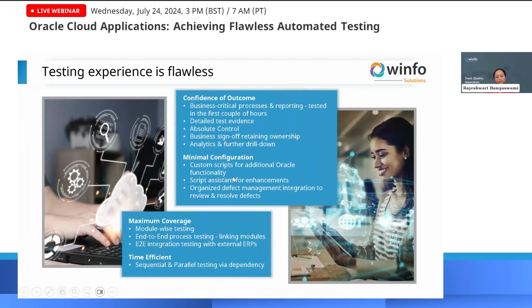Thank you, Varshita. Now, how is the testing experience flawless? This is straightforward, right? Maximum coverage with minimum time and minimum configuration. To elaborate on maximum coverage with a real-time example, our customers now typically start the testing process with various end-to-end process